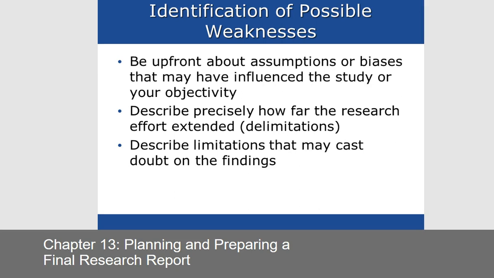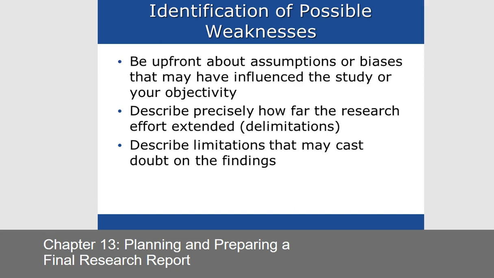We also want to be upfront in our discussion section about the weaknesses. At this point we've completed our study, and now we know some possible weaknesses. We need to be upfront about any assumptions or biases that we as researchers have that may have influenced our ability to be completely objective. We also need to be precise about how far we can extend it, our delimitations. So it does apply to individuals who are similar to the individuals in our actual sample, but not to others. Those are some of the delimitations, the settings